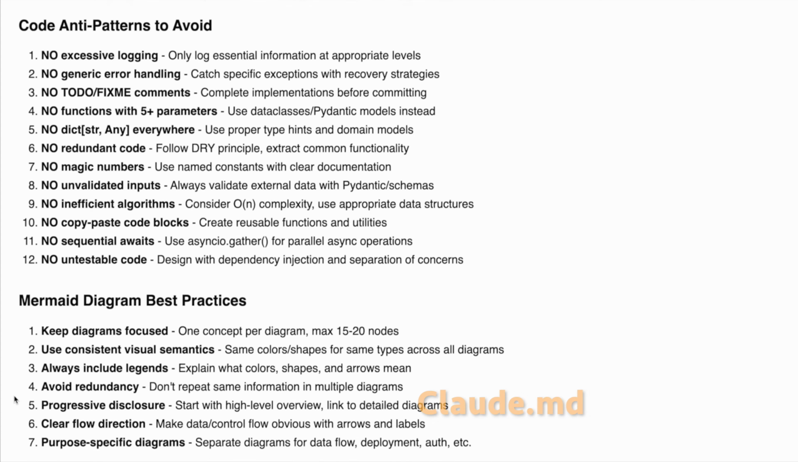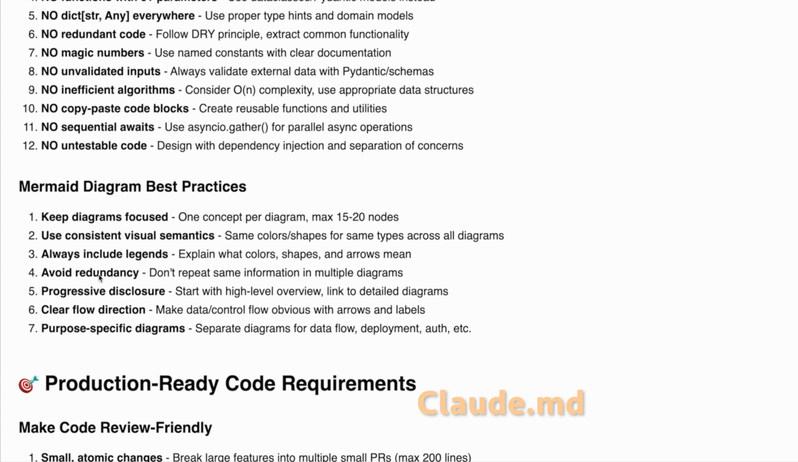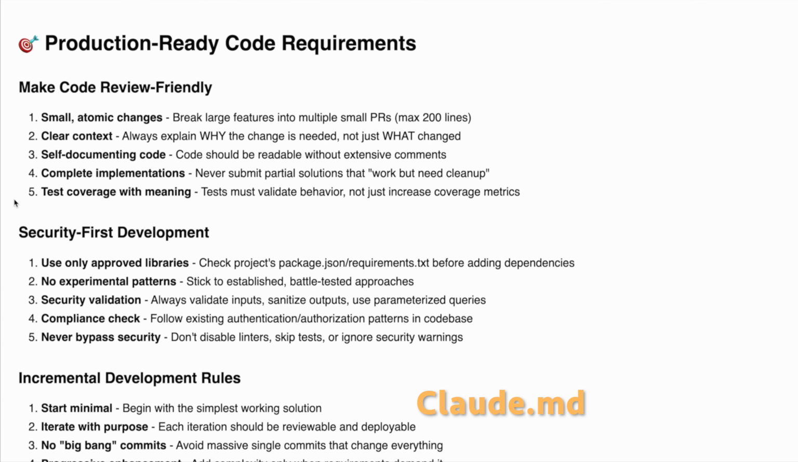If you are planning to generate some mermaid diagrams, you need such a section. As best practices, you can keep diagrams focused, use consistent visual semantics, always include legends, avoid redundancy, progressive disclosure, clear flow direction, purpose-specific diagrams. We wanted also to make the code review-friendly with small atomic changes, break large features into multiple small PR, max 200 lines, clear context, always explain why the change is needed, not just what changed,